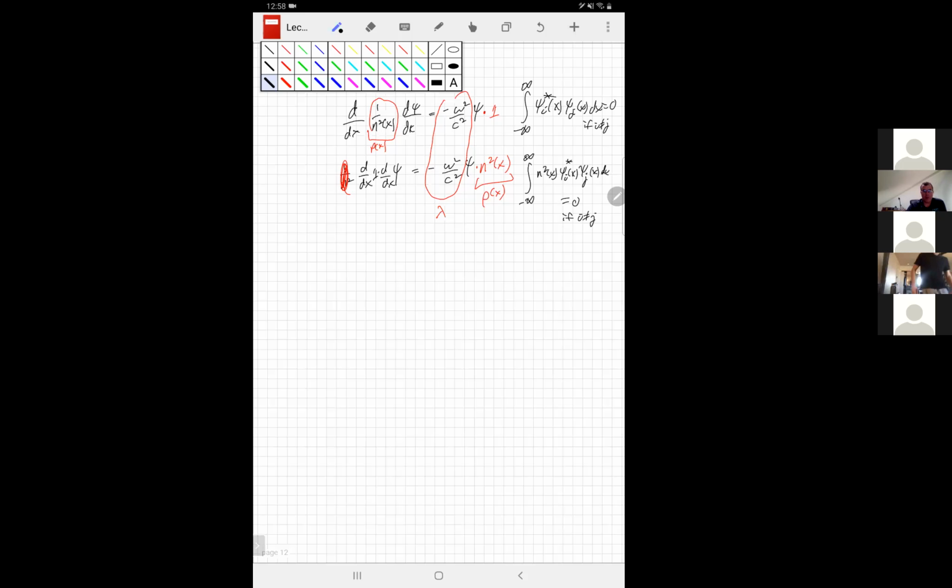Now, for L equals 0, it's trivial. Y_lm is just Y_00, which is the square root of 1 over 4 pi. Squaring that is clearly independent of theta and phi. For L equals 1,